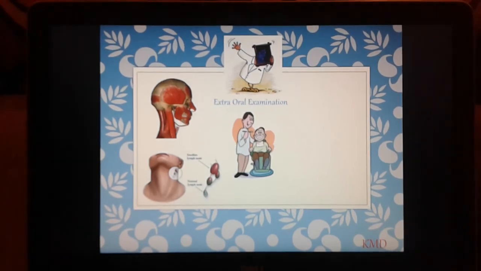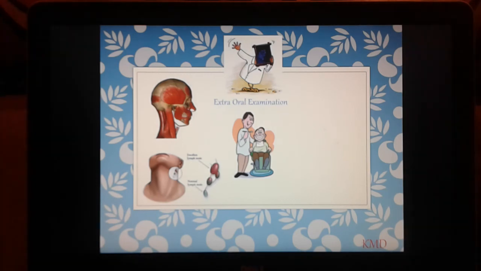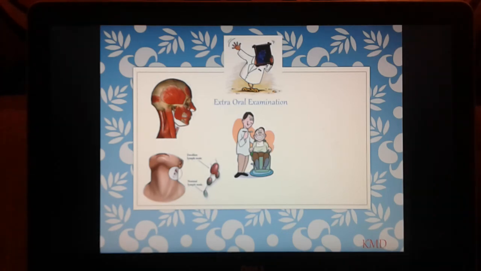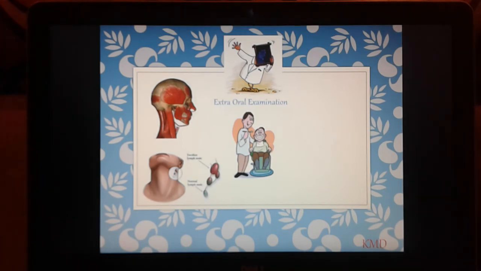There are, like I said, 7 different levels of cervical lymph nodes. As a clinician, it is very important that we know how to identify these different levels of cervical lymphadenopathy. The first level being the submandibular and the submental lymph nodes. The second level being the jugular nodes, the jugular-digastric and jugular-omohyoid lymph nodes, and the third level being the mid-jugular